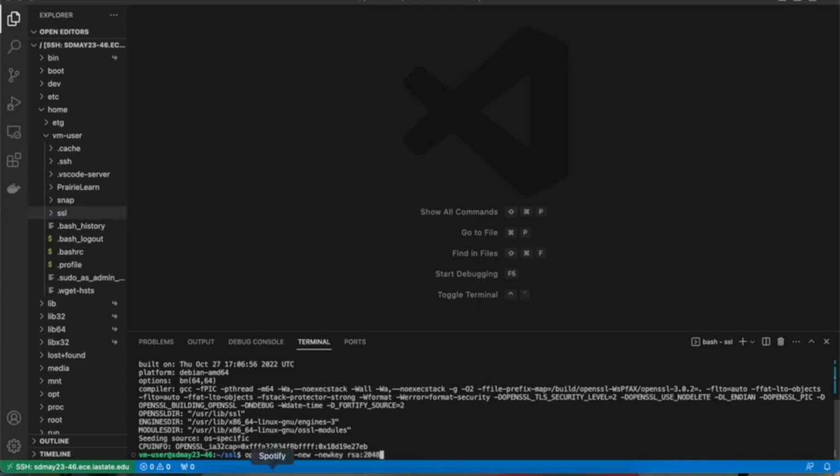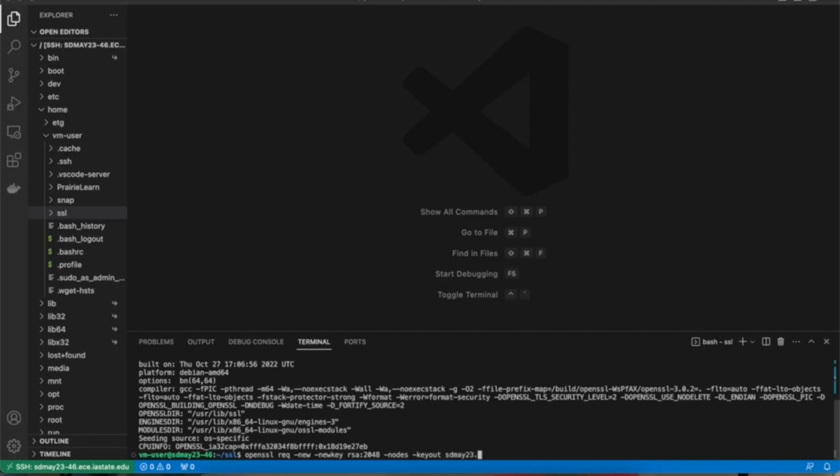I will also put in the documents, or in the description of this video, what each of these options or flags mean. I won't get really descriptive in it right now. So nodes, and then dash key out too. And then we're gonna name it whatever we want. So right now I'm just gonna name it